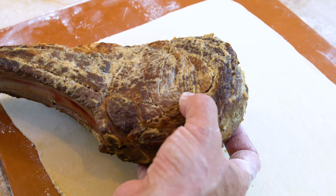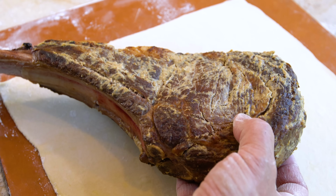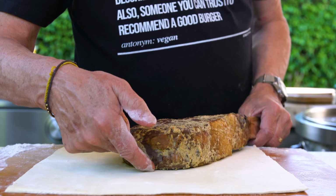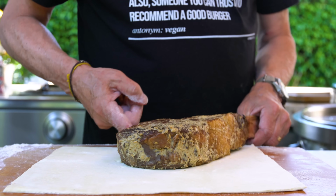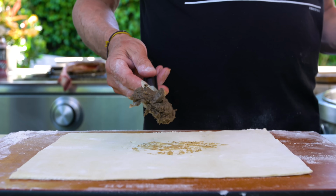I'm not doing the bone. I'm just gonna go up to the meats. I say, let's go. Let's do this. So I'm just gonna make a mark so I know where my mushrooms have to go. Look at that, okay. And with the gardeners serenading us in the background, we'll take our mushrooms that have cooled,